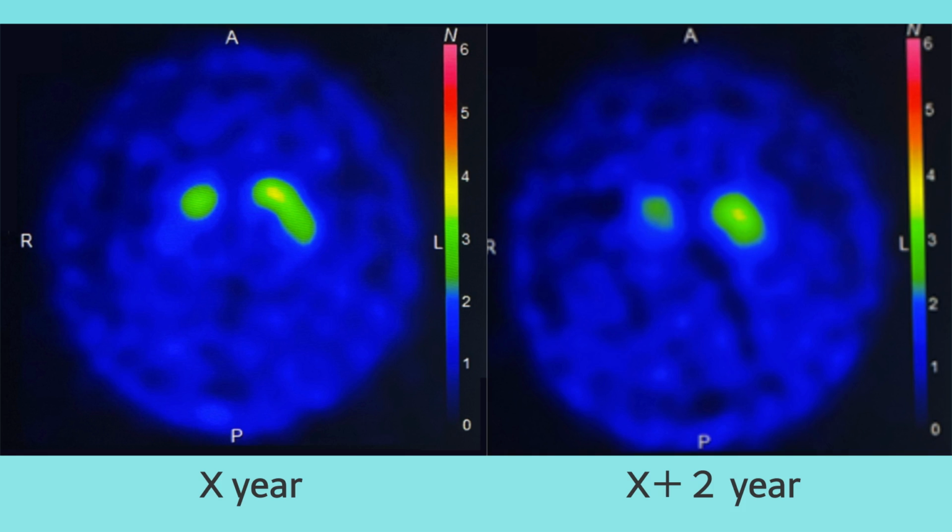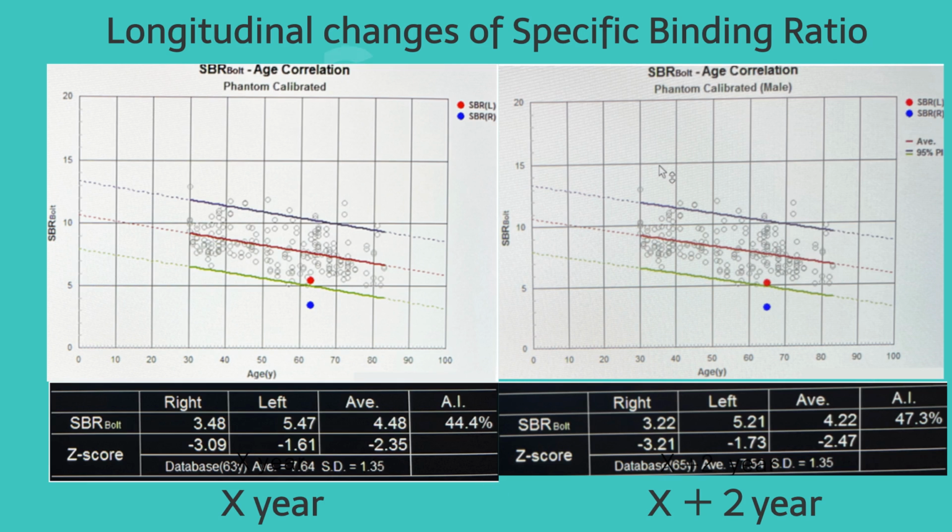There is a distinct left-right difference in striatal accumulation, with no accumulation in the right putamen. Over the course of 2 years, striatal accumulation has decreased in the dorsal part of the left putamen and right caudate nucleus. The SBR remains markedly different between the left and right sides, with a decrease of about 8% on the right and 5% on the left over the course of 2 years. The normal aging decline is about 1.5% over 2 years, indicating that the dopamine transporter density is declining rapidly in